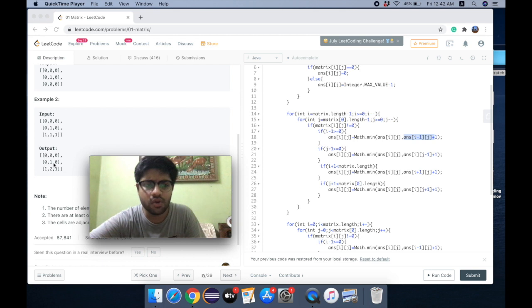If I have 1 in all these 2 rows, in all these numbers, then let's say I'm trying to find the answer of 1 at the top, I won't be able to do it because it would be infinity and its neighbors would also be infinity. So my answer would be infinity, and I'll just move down the matrix, and once my neighbor is 0, then I'll start filling the matrix. So the problem is when you have a cluster of ones and there is no solution to it. There are no zeros or no neighbors which are zeros. In that case you have a problem.